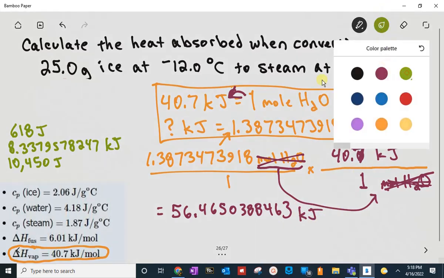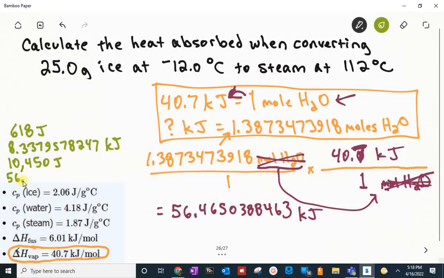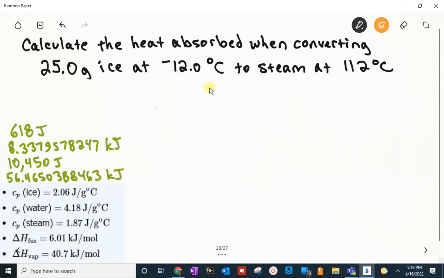So let's write that in our list that we're keeping down here. 56.4650388463 kilojoules. Now for our final one, we've turned this ice all the way into steam, and it turns into